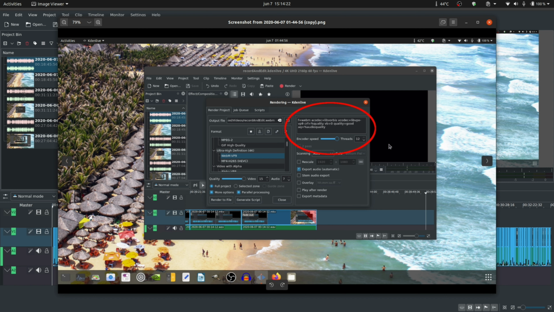So my mistake was to tell you to leave these settings as default, because if you want to use the maximum from your processor, you gotta set here the number of threads you want to use from it, and also increase the encoder speed here for reducing a lot the time that you're gonna wait until you have the final rendered result. So having said that,